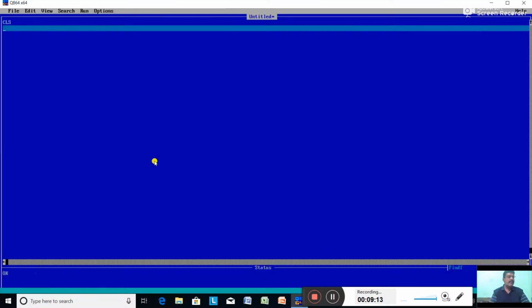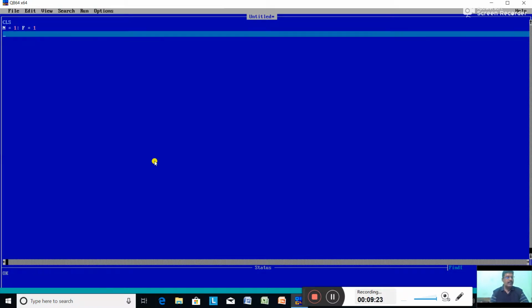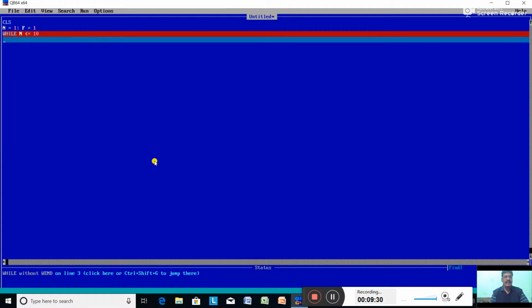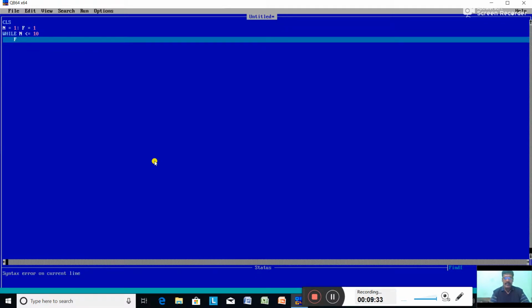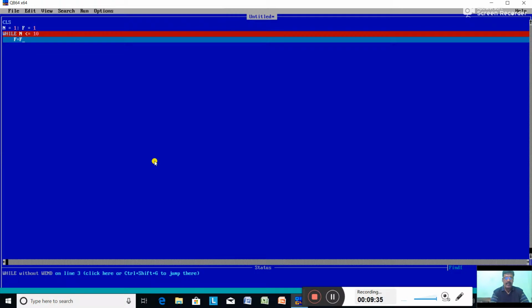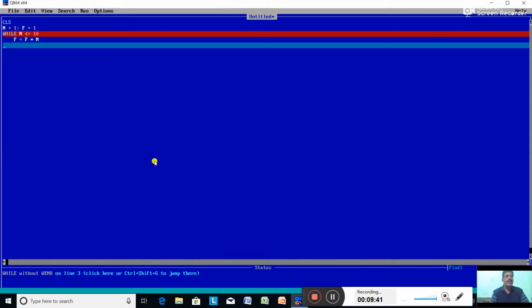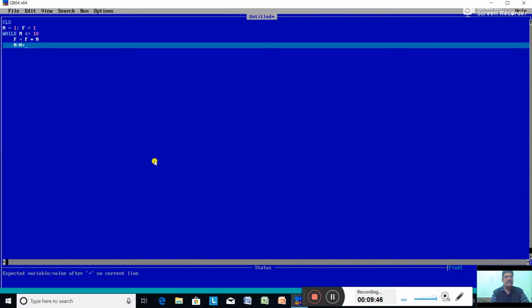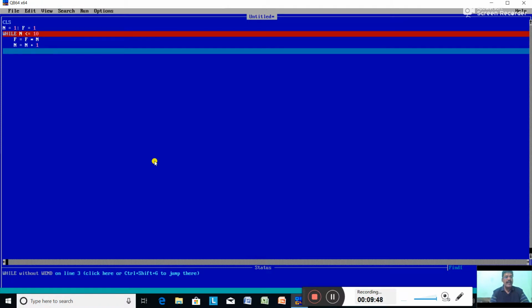CLS. N equal to 1, colon, F equal to 1. While N less than equal to 10. In the loop, F equal to F into N, N equal to N plus 1, wend.